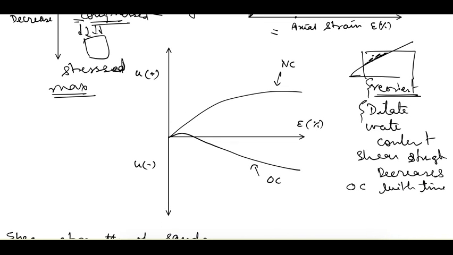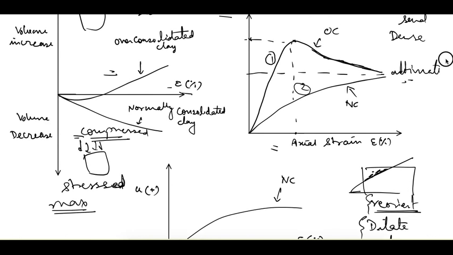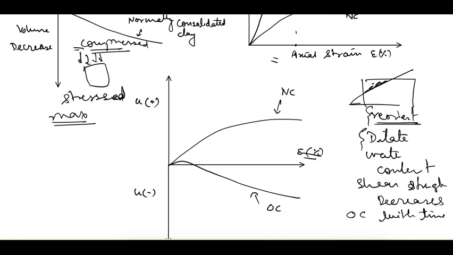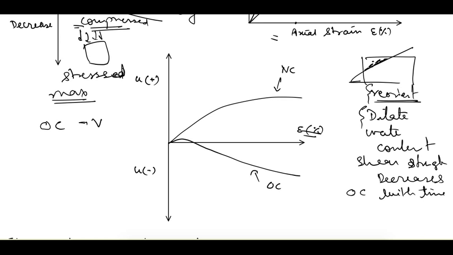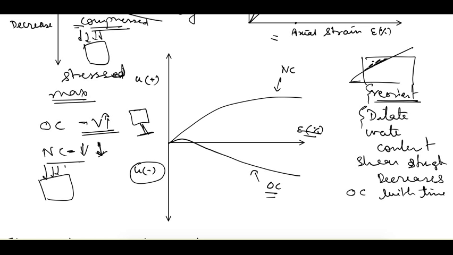And this next plot is for the pore water pressure and the strain. We can understand it with this volume behavior itself. We know that for over consolidated clay the volume increases, and for normally consolidated clay the volume decreases. As I said earlier also, if this volume increase is taking place and we are not allowing the volume to increase by stopping the drainage, then negative pore water pressure develops, and that is the case with over consolidated clay.